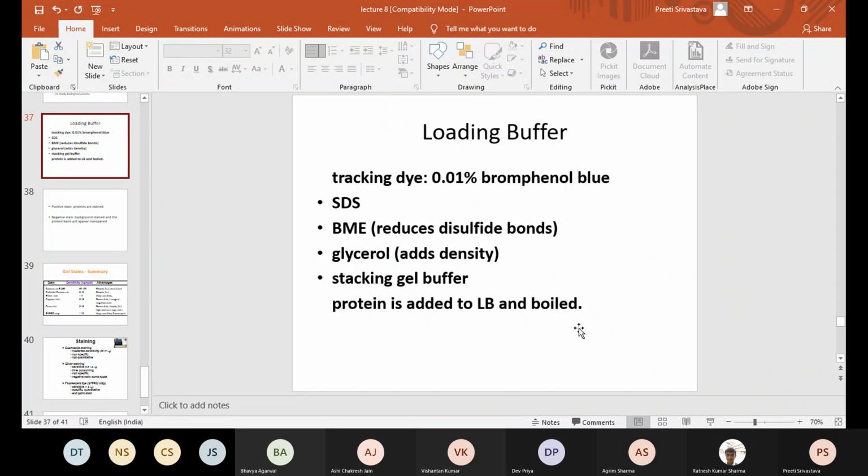Okay, so can you see the slides, class? Yes, ma'am. So the loading buffer contains bromophenol blue, SDS, beta mercaptoethanol or DTT, and glycerol. Glycerol imparts density, beta mercaptoethanol or DTT reduces disulfide bonds, SDS denatures the protein and imparts negative charge, and bromophenol blue